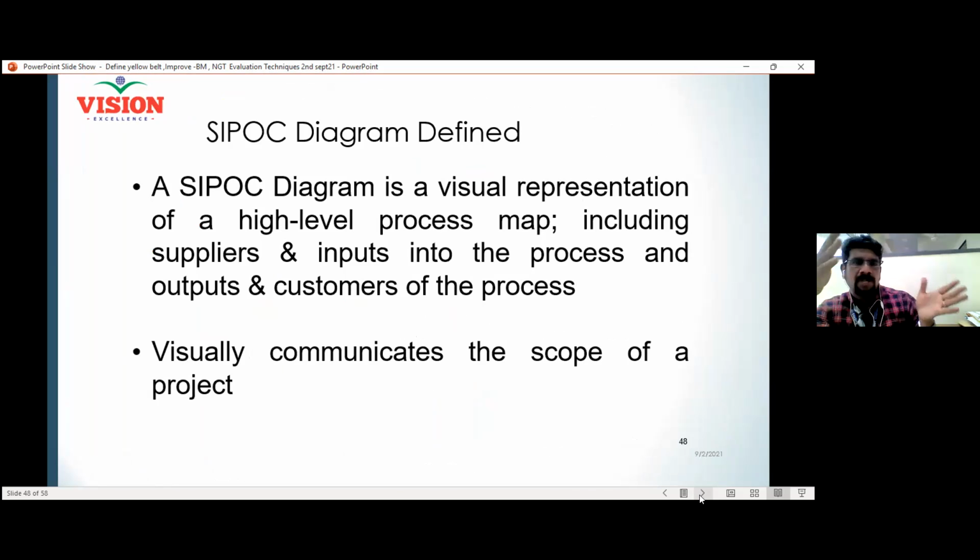So for example, if you look at India, initially we will look into the states. How many states? 28 states, 6 union territories. We will look at that. So that Indian map will give a macro visualization. Likewise, the SIPOC will give you a macro-level visualization of the process that is happening inside the organization, like the process, inputs, suppliers, customers.